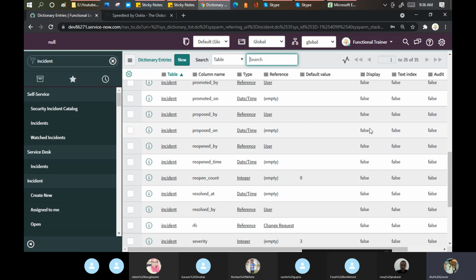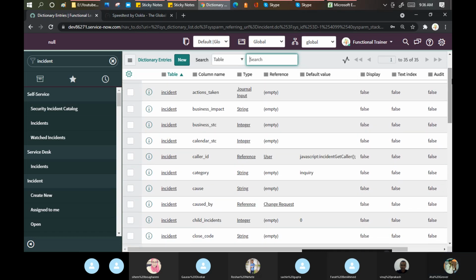Let me come to the top here. When we create any table, the dictionary is created automatically. When we create a table by extending another table, I inherit the parent table's dictionaries.